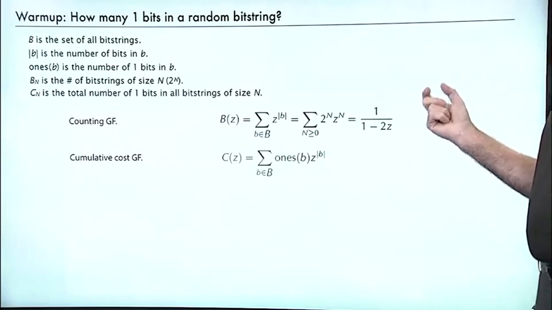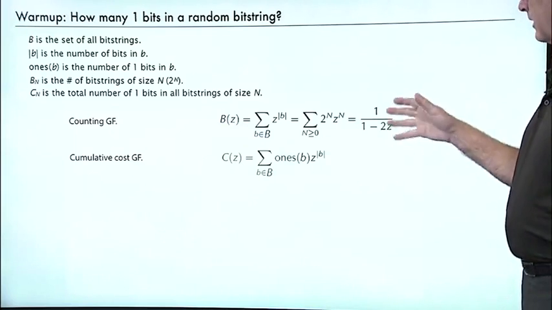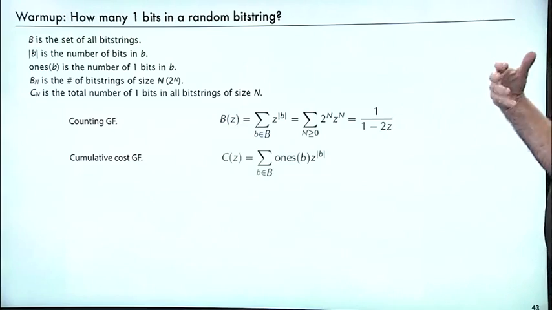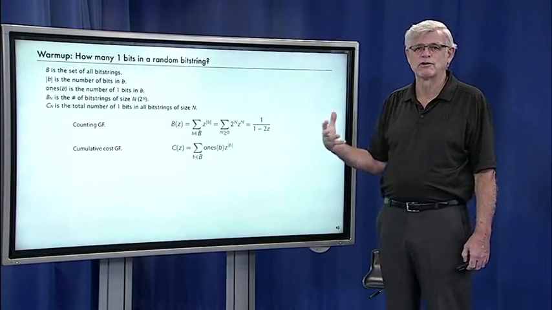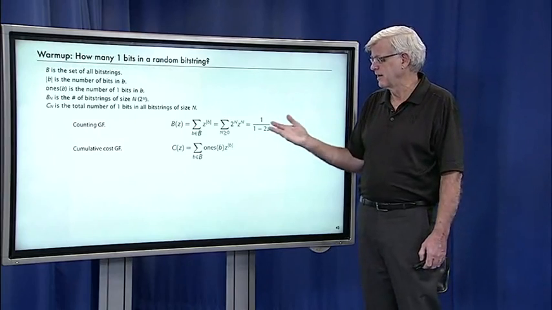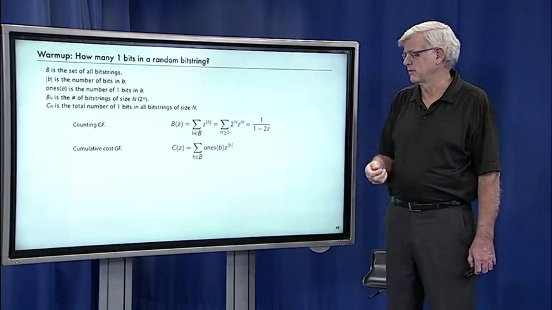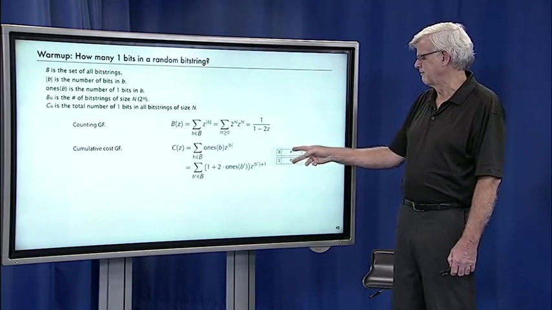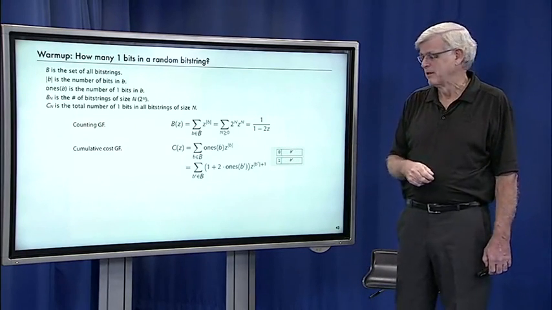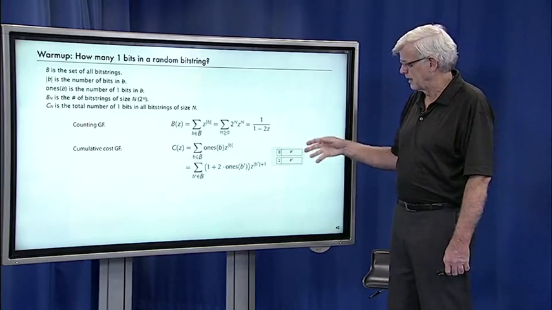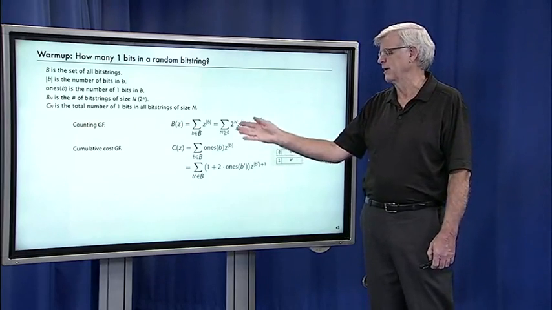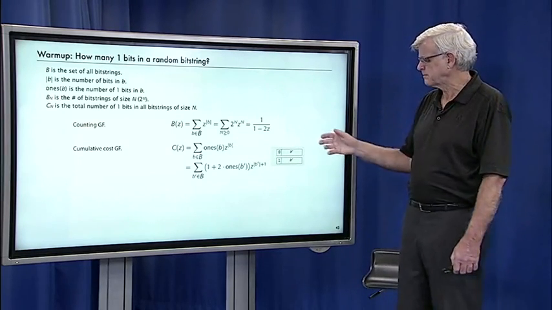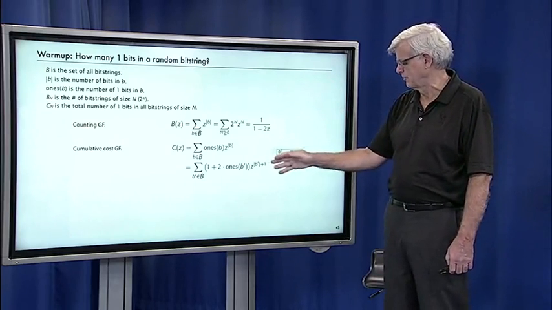So now what we want to do is similar to what we did for the Catalan numbers, which is to use a recursive description of what a bit string is to get us a formula for this function. And well, what's a bit string? It's either a 0 or a 1 followed by another bit string. So for all bit strings, the number of 1s is going to be equal to